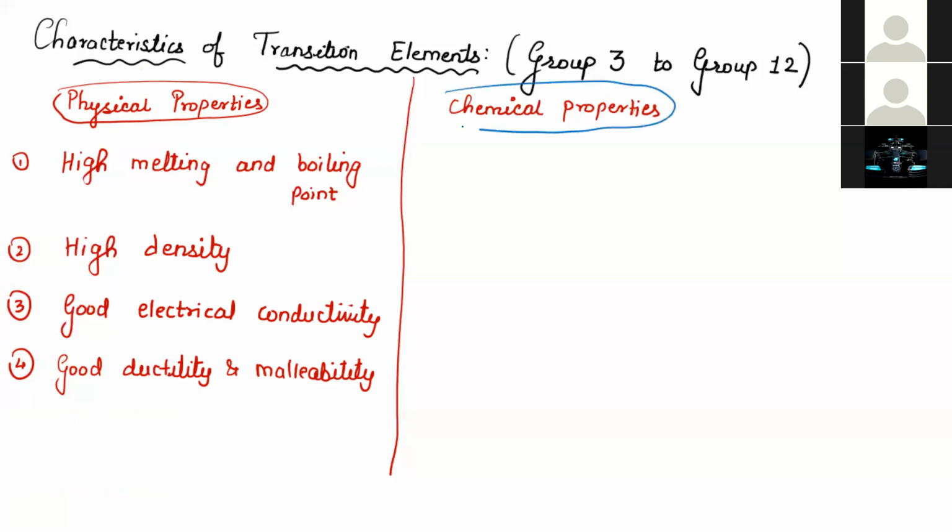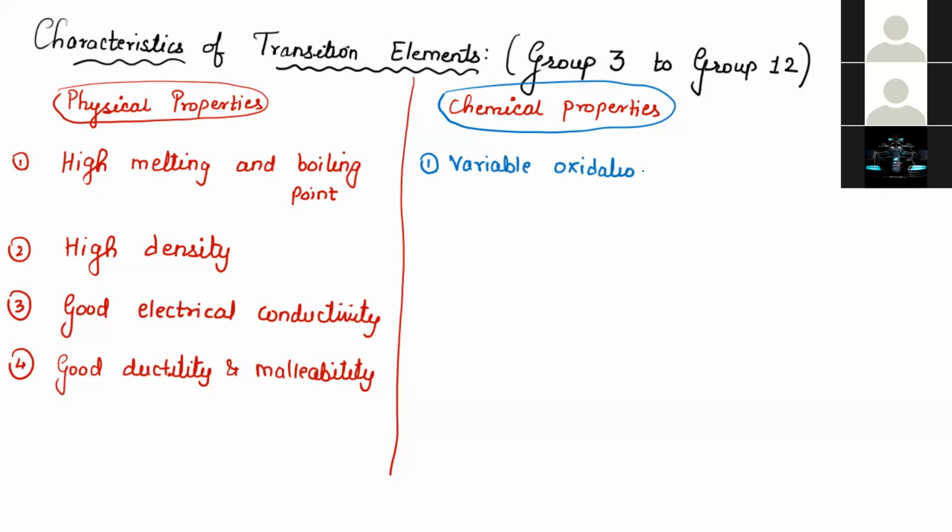If they ask you to just write general properties, you can mix physical and chemical both. But as I told you, for some papers, like in the past paper, they have specifically asked physical or chemical properties. So you need to understand where is the bifurcation. So chemical properties, number one, they have variable